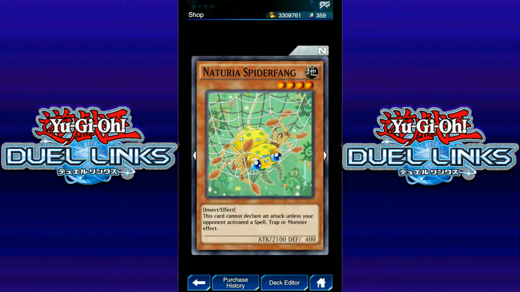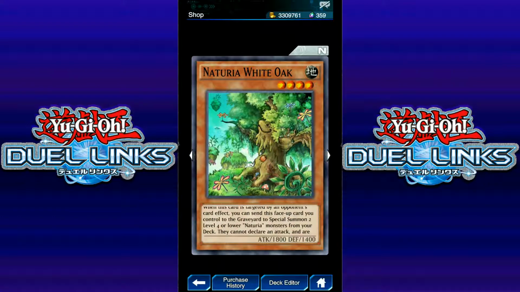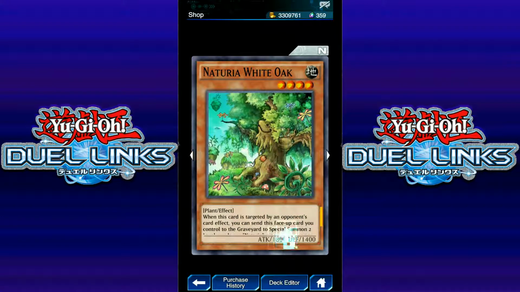Notorious Spider Fang. This card cannot declare an attack unless your opponent activated a spell, trap, or monster effect. Alright, so that's a decent way to keep a 2100 attack monster at bay. That's not too bad. Notoria White Oak. When this card is targeted by an opponent's card effect, you can send this face-up card you control to the graveyard to special summon 2 level 4 or lower Notoria monsters from your deck. They cannot declare an attack and are destroyed during your end phase. So, I mean, this would be much better if there were Synchros and Xyz monsters. But...